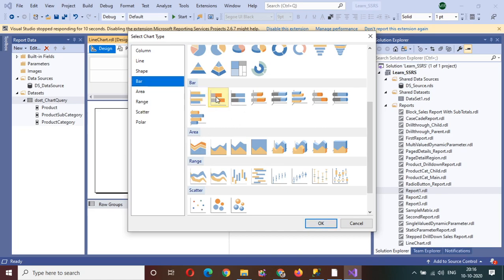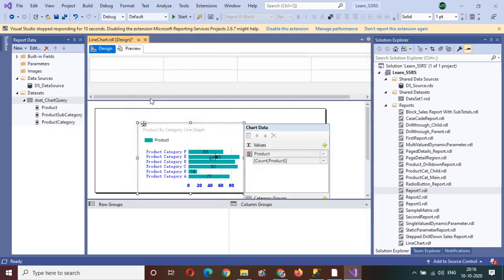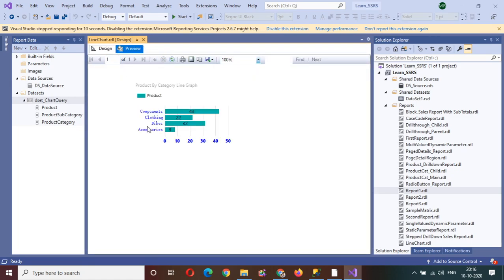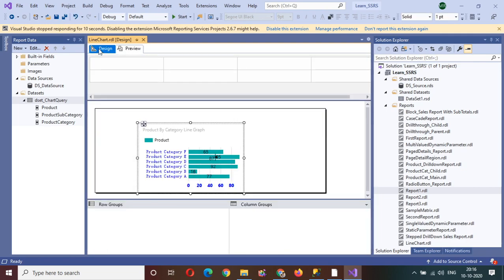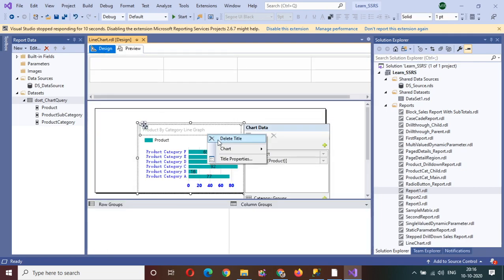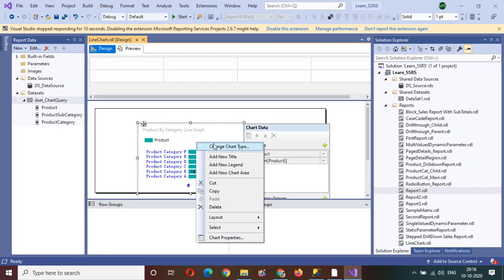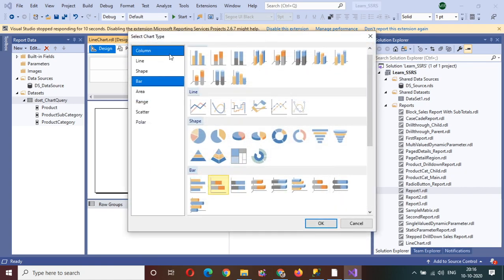Let's select the bar chart. See, so this is the bar chart. This way you can do some R&D and learn how to create a line chart, basically a chart in the SSRS report.